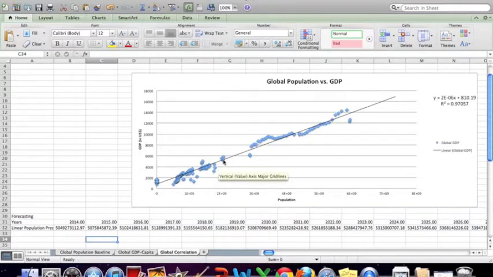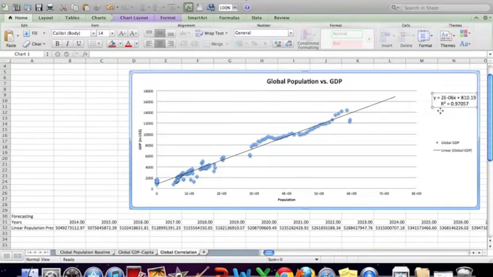Okay, so this graph here was comparing population on the x-axis and GDP on the y-axis. And I have this equation. This is all stuff that you guys should have already done before. So this graph is not new. It should be already something you had to create previously. Okay, so I have this equation with an x and a y. Now in this case, my x represents population because that's what's on the x-axis here. And my y-axis is GDP, so that's what y represents. So we're going to use that equation